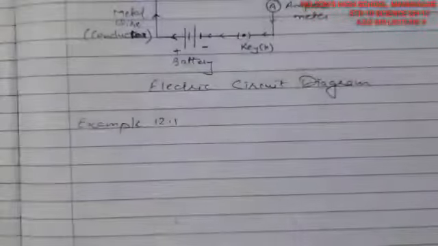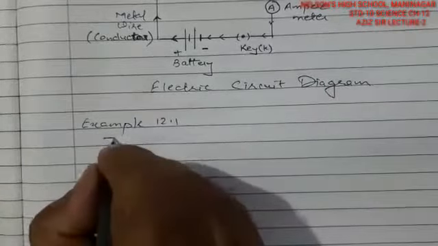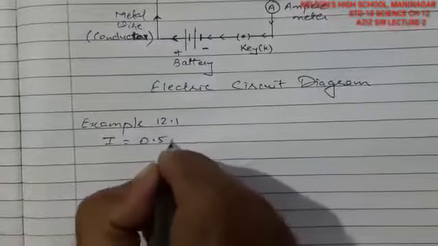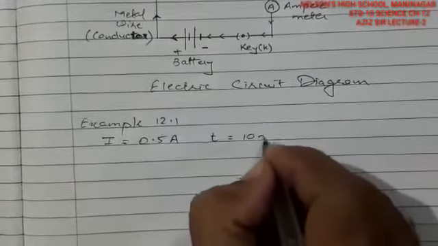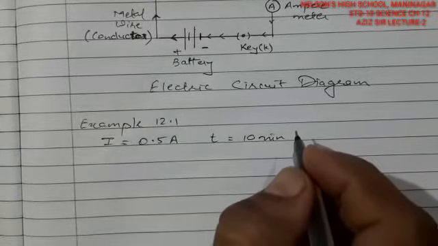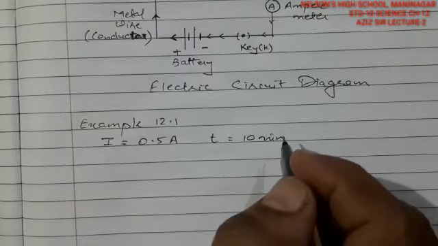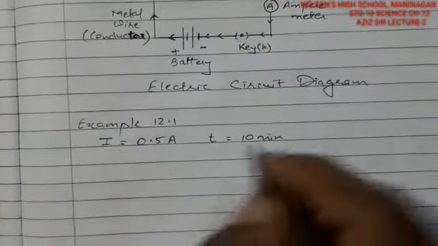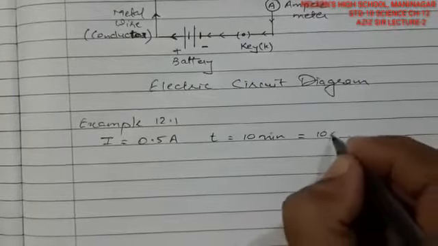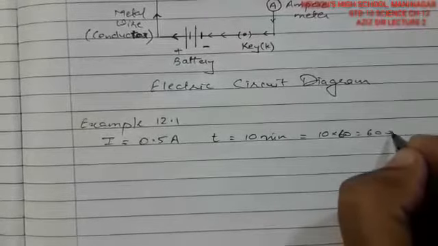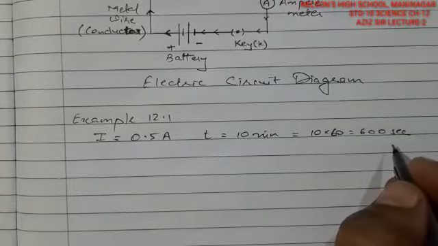Yesterday, as I told you, first of all we are always going to write down the values they have given. So we write down I, that is current, is 0.5 ampere. The time they have given is equal to 10 minutes, right, and it flows through the circuit. So we need to find the amount of charge which is flowing. This can first be converted into seconds, because time is always in seconds. So 10 multiplied by 60 happens to be 600 seconds. Fine, can be denoted as S also, and that is more correct.